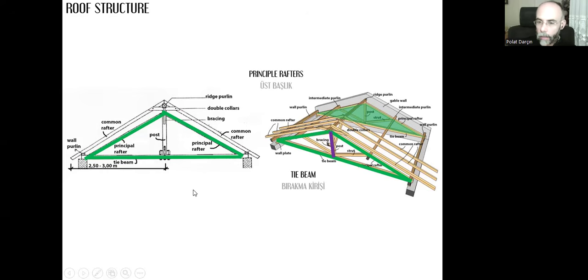And there is this vertical one. It looks like a stud, but it's not. It's a different piece. We call it a post, baba in Turkish. What's the difference? In load transferring roofs, where there is an available roof floor surface here,